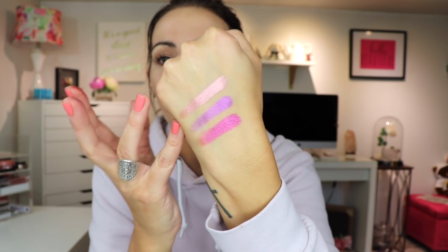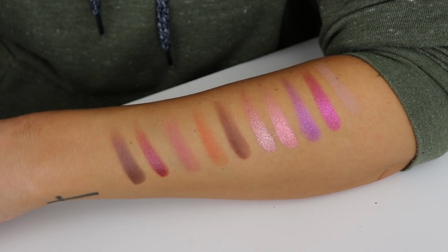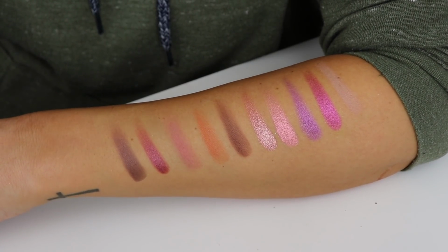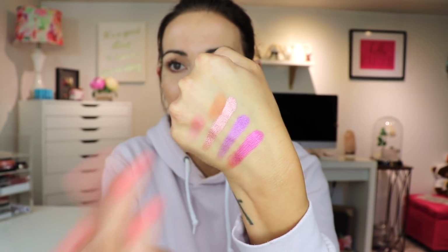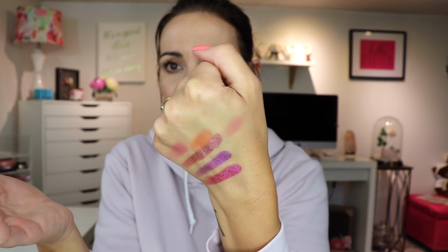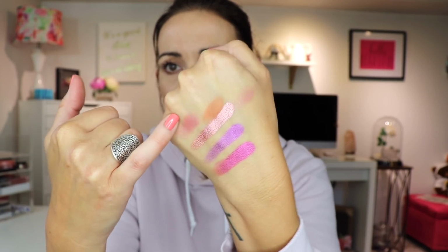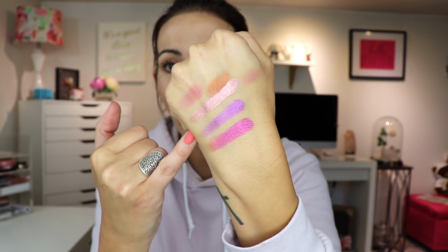It's so gorgeous. That's LA Girl. That is so inexpensive. I don't know how they do it. I really don't. Okay, here's a couple mattes. Oh sorry, that was a bad swatch. Ooh. Oh, look at that one. That one does not look very promising. These two look okay. It's really hard to tell with mattes, but I can assure you the metallics in this palette are